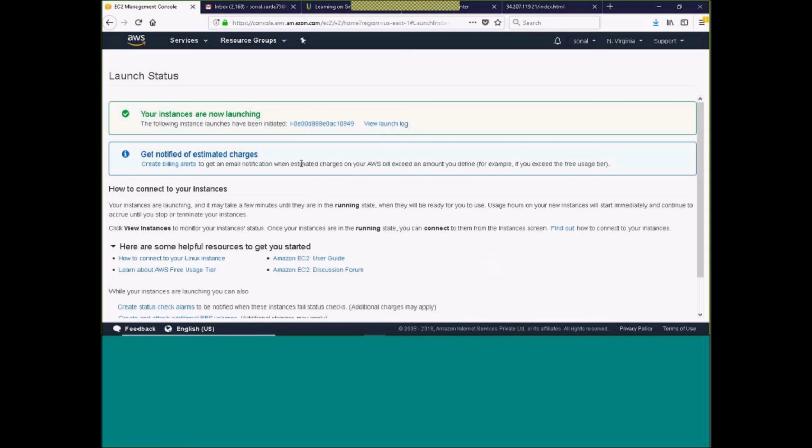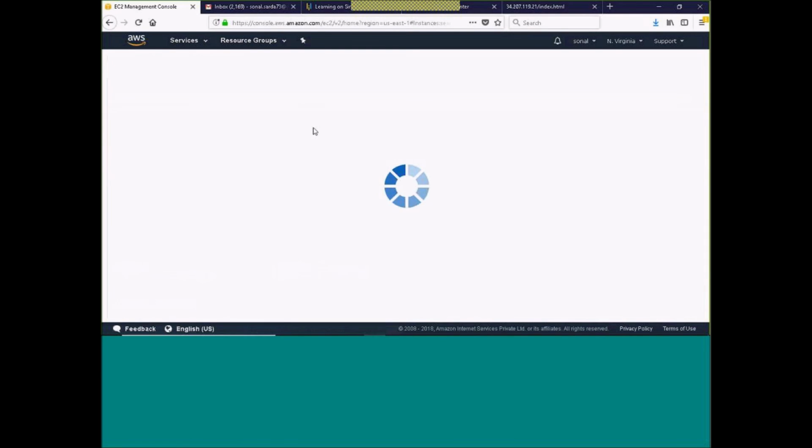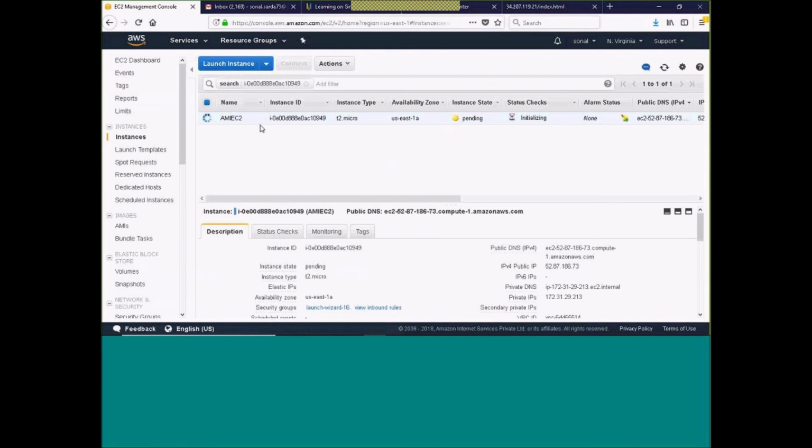Okay, so once this particular EC2 instance is launched, this EC2 instance is actually an image of the previous EC2 instance, right? But we created a template. So without logging into this particular EC2 instance, by using its public IP, I should be able to reach that web page, the index.html, right? So we will check that once it is active.